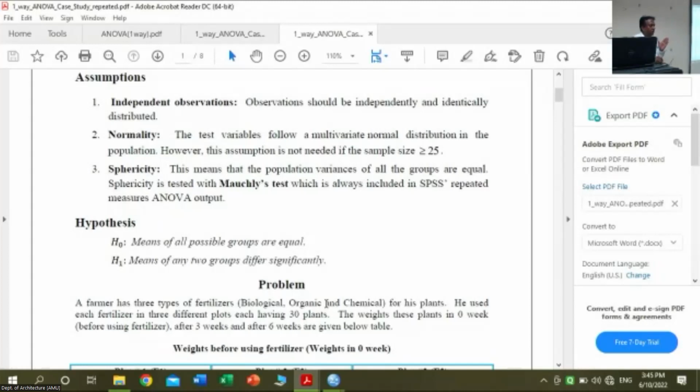उनका इफेक्ट विथ रिस्पेक्ट टू टाइम चेक कर रहे हैं कि 0 वीक पर, 1st वीक पर, 3rd वीक पर उनके जो वेट्स हैं, वो सिग्निफिकेंटली डिफरेंट हैं कि नहीं। तो पहले हम क्या करेंगे, एनालिसिस से पहले फाइल को स्प्लिट कर देंगे 3 पार्ट्स में, फर्टिलाइजर नंबर 1, 2, 3 तीनों का अलग अलग कर लेंगे, ठीक है।